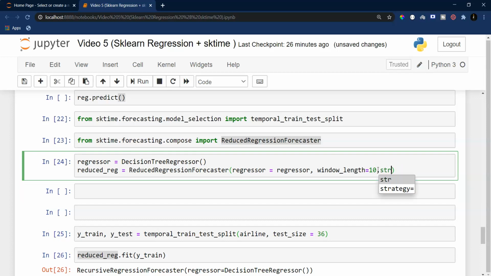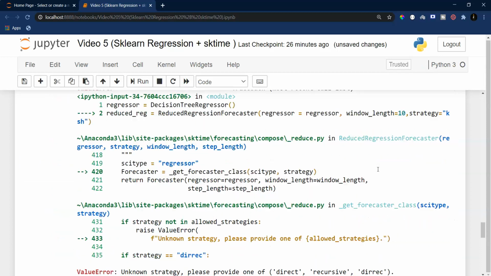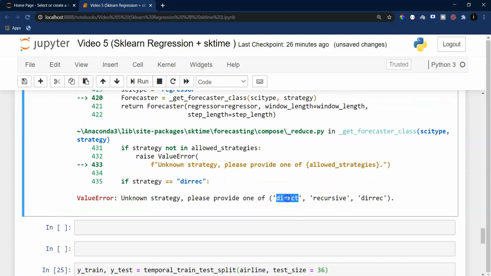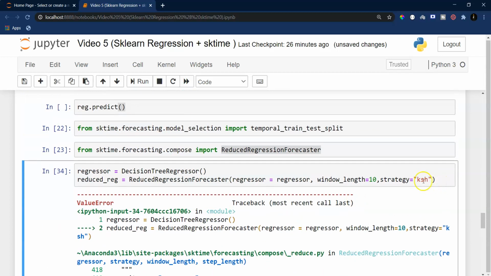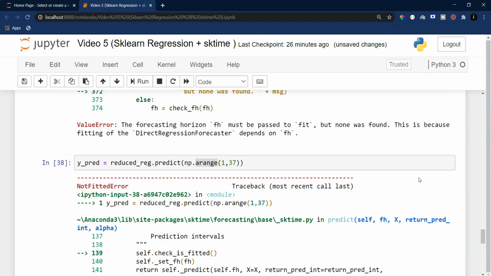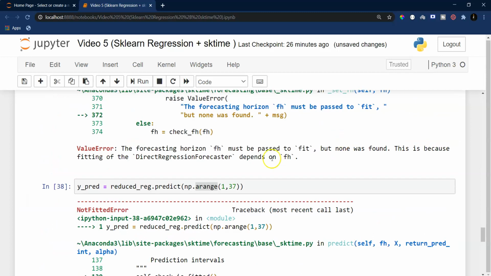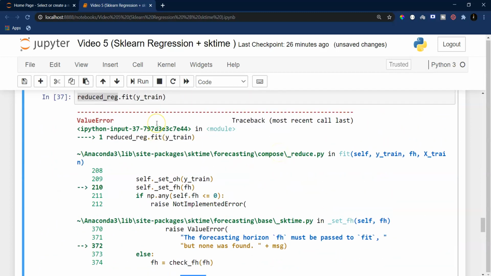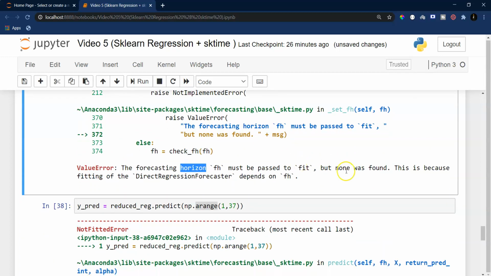Usually when I do not know the correct parameter for a particular argument, I just specify something wrong and it prints the options. Yeah, so direct, recursive. Let me use direct and see if the performance improves. It's saying the forecasting horizon must be passed to fit, but none was found.